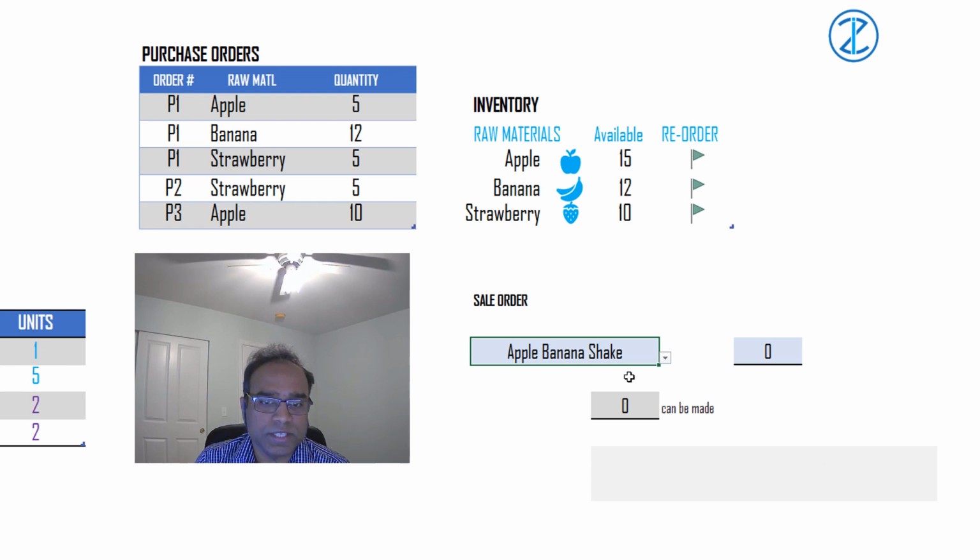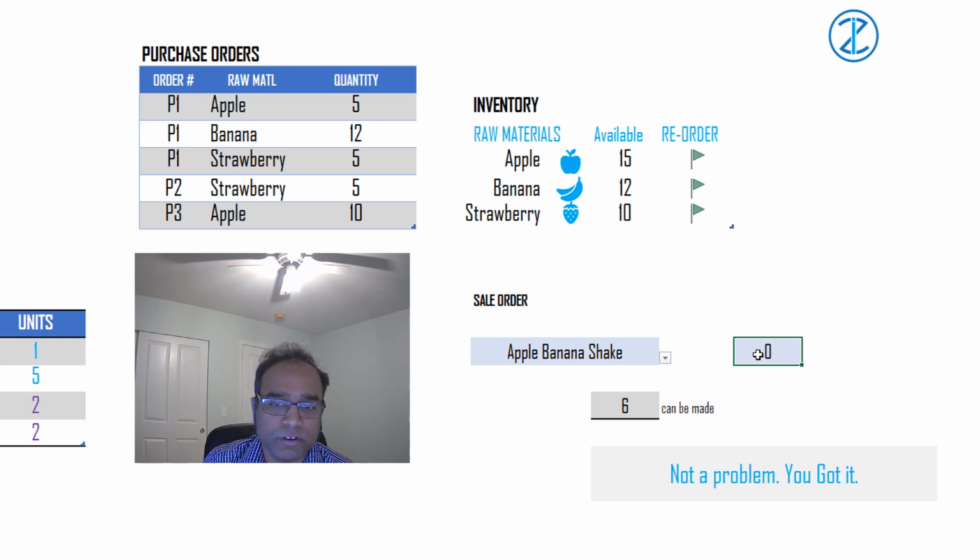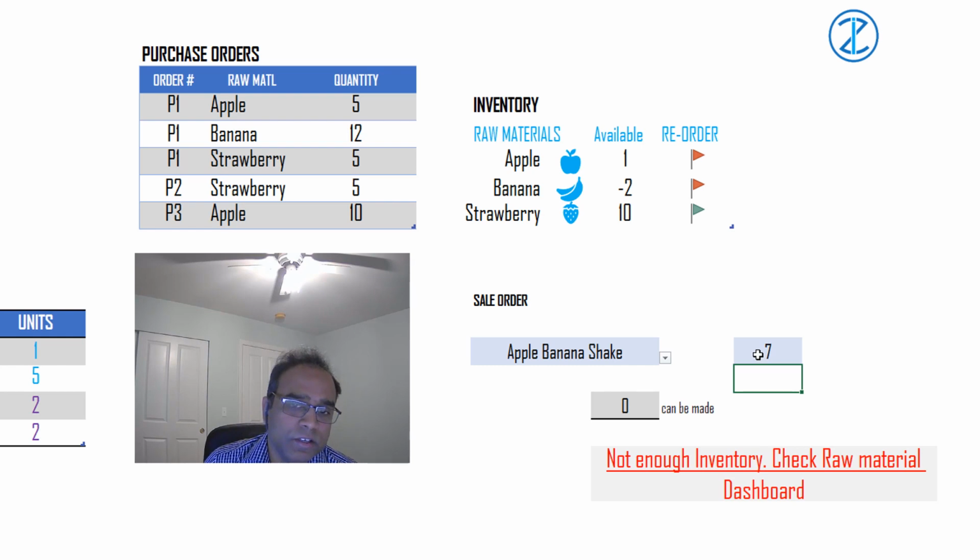Let's say the customer wants an apple banana shake. You can instantly see you can make 6 of these using the inventory you have, and the template will calculate this and tell us. If you decide to make a purchase of 7, for example, if your customer is asking for 7, you know that you don't have enough inventory and you're down by 2 bananas. So you need to make sure that you get 2 more bananas in your inventory before you can fulfill this